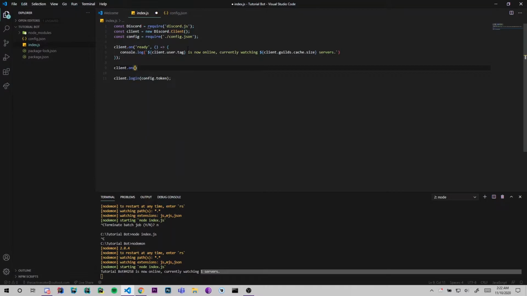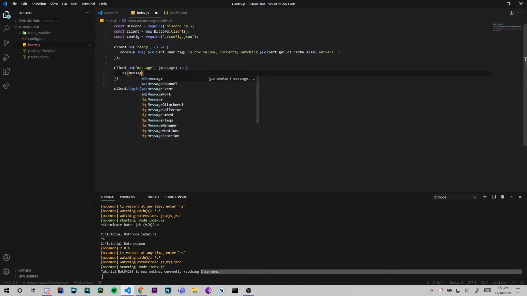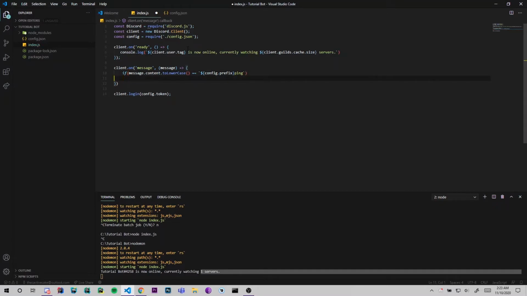We can do this by doing client.on message, passing message, and doing if message.content equals config.prefix ping. I'm also going to make this work with uppercase text too. But if you do that, you also want to make sure that the arguments here are all lowercase, and then it'll work with any capitalization. So if the ping command is done, we can do message.channel.send,